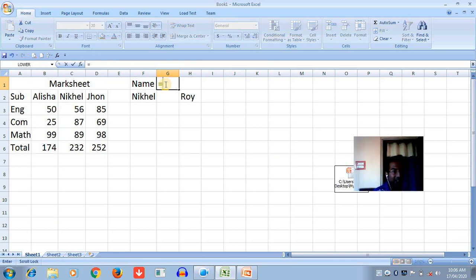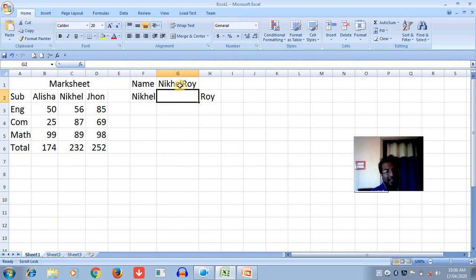So you write an equal sign, then select the first cell, give the & operator, and select the second, then press enter. You see that a single cell is created, and the two different words are combined into a single word. Here I am using the text operator.